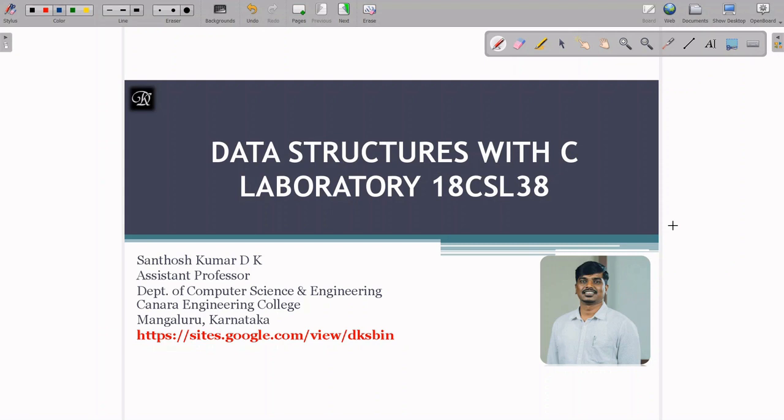I am going to discuss data structures with C Laboratory course with subject code 18 CSL 38. In this course, we will be conducting 12 experiments